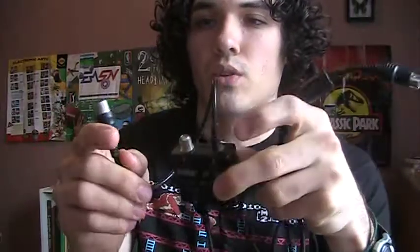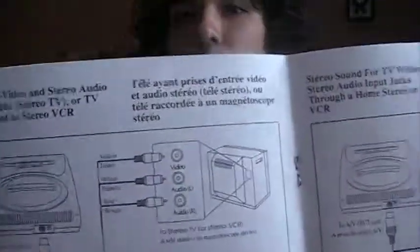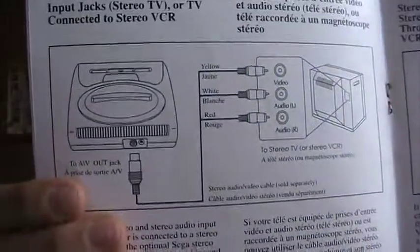So this is your standard RF, which would go in your TV, plugged into the back. But if you really want to, as you can see in your Sega Genesis manual, it says right there, TV with video and stereo audio. So all you have to do is get a special cable there. You can see, get composite cables for the back, and then you can have stereo sound with your Sega Genesis